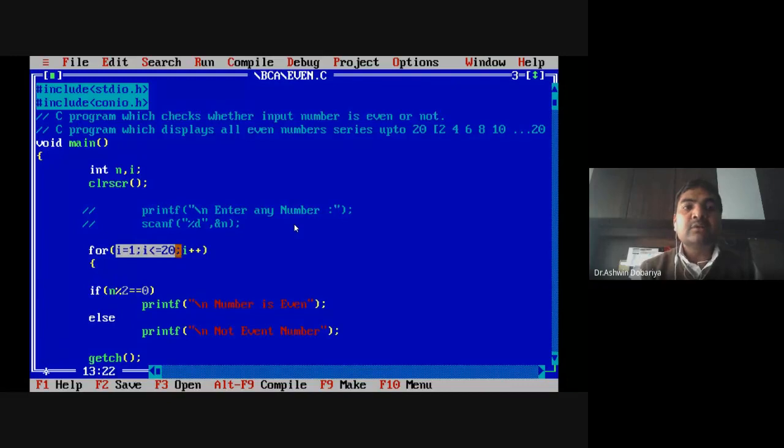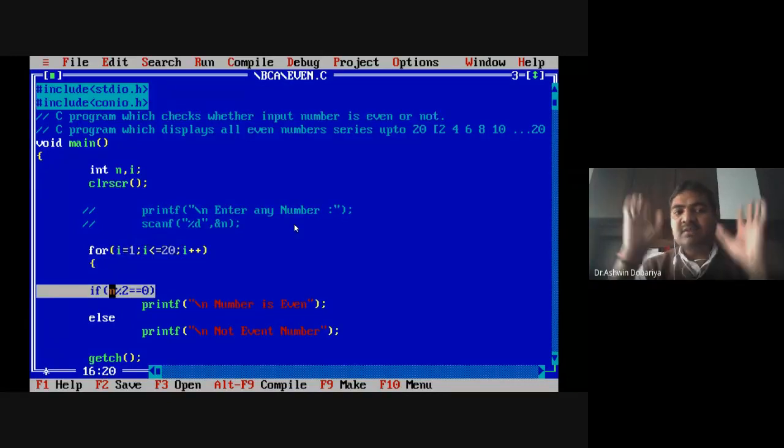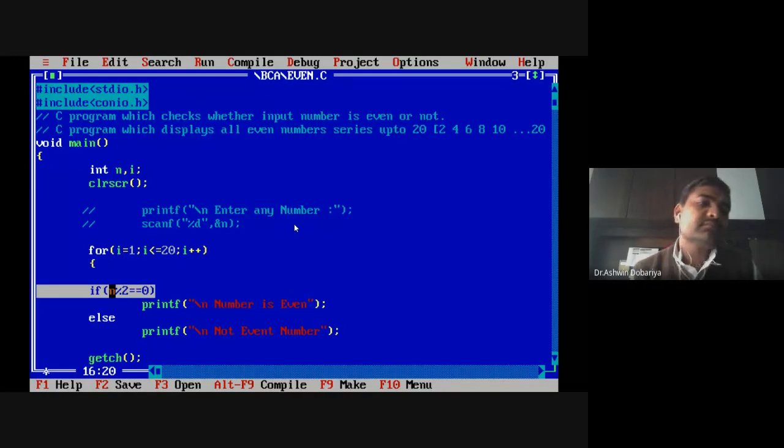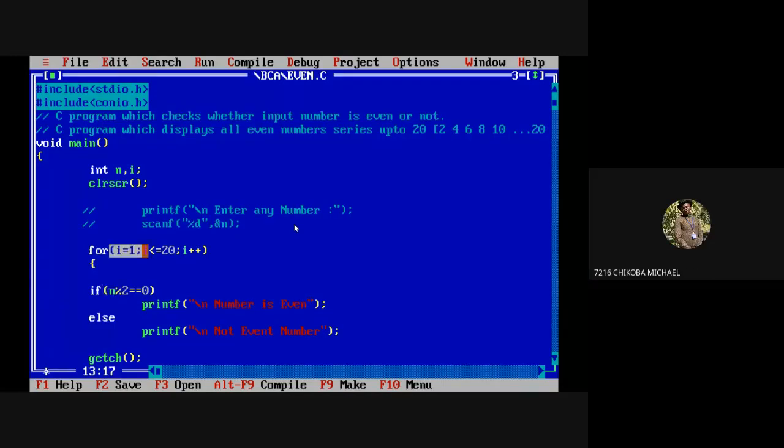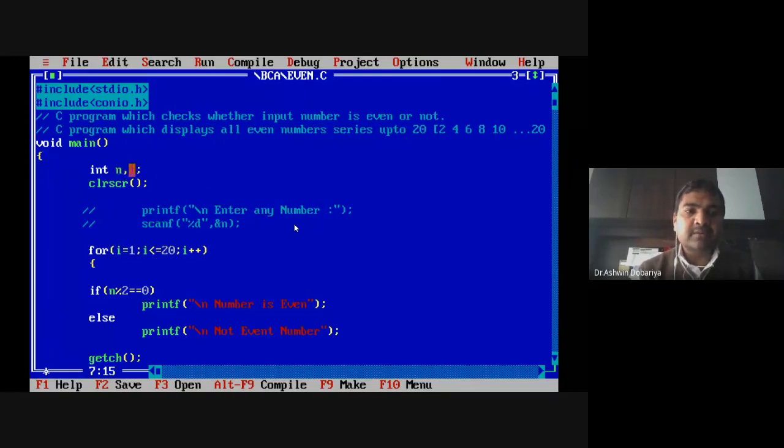Now see, in the if condition, what do I have to mention? What do I have to compare over here? n and i? i, because now there is no use of n, because I am not taking input from the user, so there is no existence of n. But the values 1, 2, 3, 4, 5 it gives me from i. So I will check the value of i, and if i modulus 2 is equal to 0, what does it mean? That the number is even.